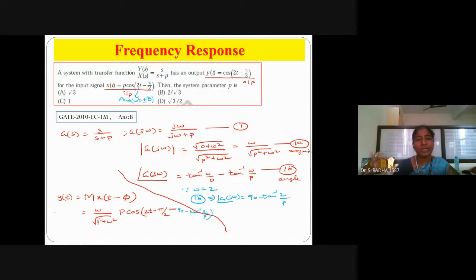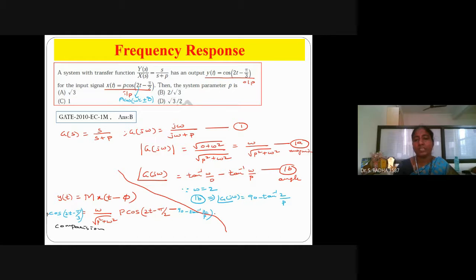And on the left side, the output is already given in the question, cos 2t minus pi by 3, pi by 3 is 60 degrees, okay. So now I will compare and check and find the p value. You can compare magnitude and magnitude. Magnitude is 1 here. On the left side, it is 1 into cosine. So on comparison,